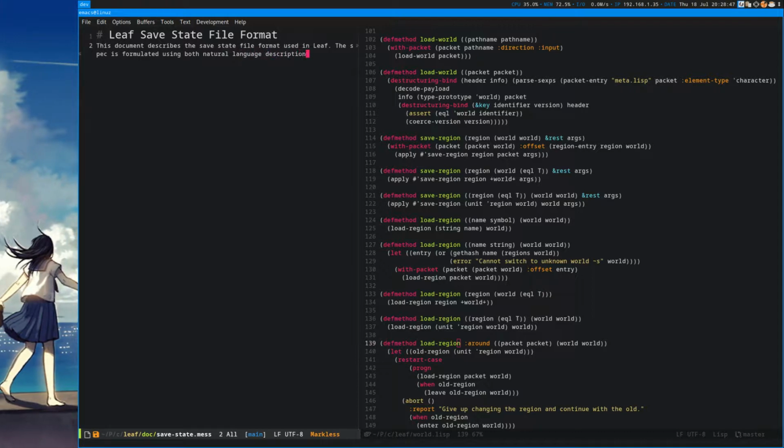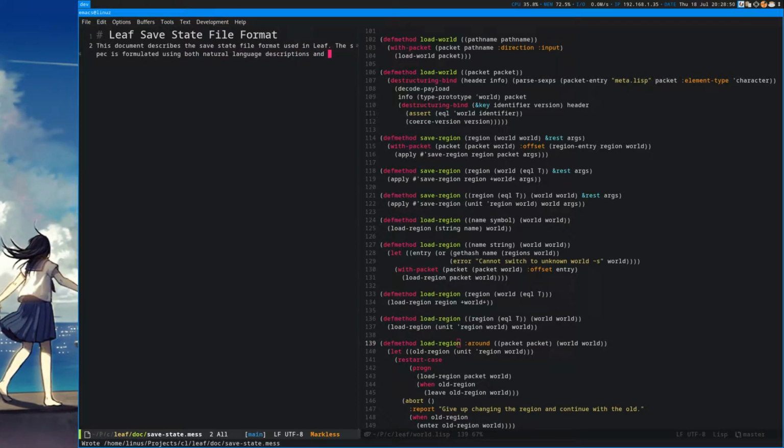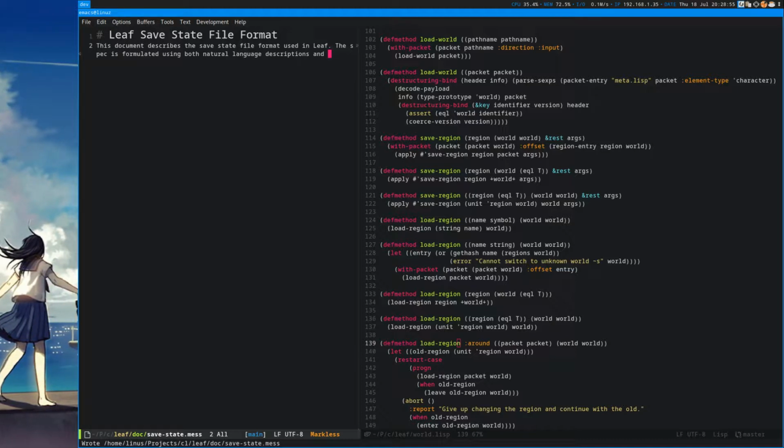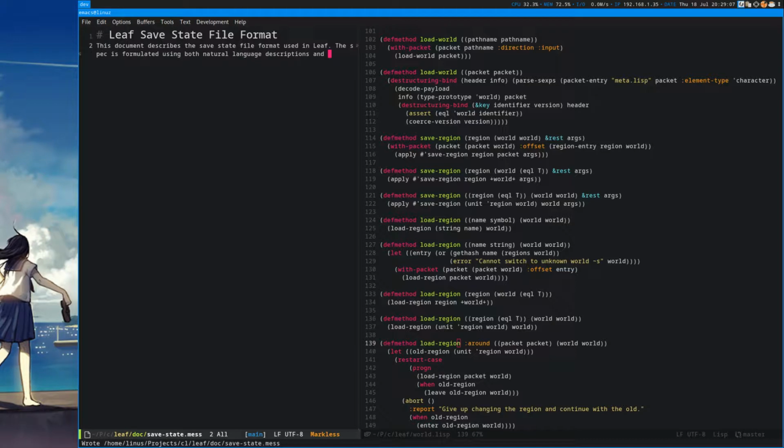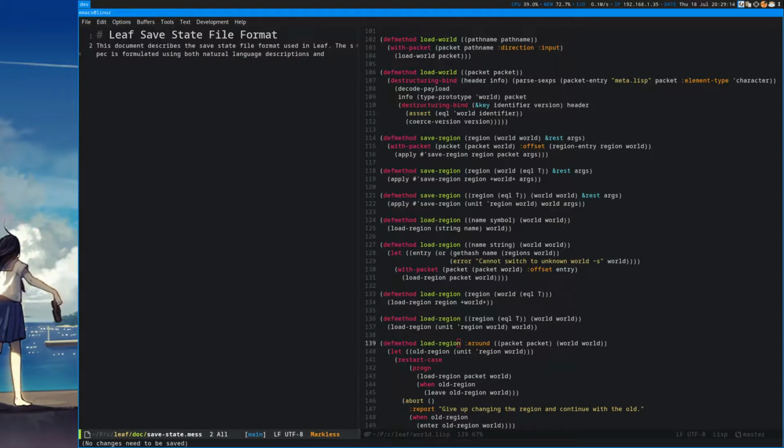Kinda like chunks or dimensions in Minecraft. You create them once, and after you have created them, you just load them in from a file. More like dimensions, I guess, because there's never two of them active at the same time. Less like chunks, which you have many of at the same time. But yeah, so lazy loader could work. I'm just not sure it's worth the overhead at the moment. I don't know.